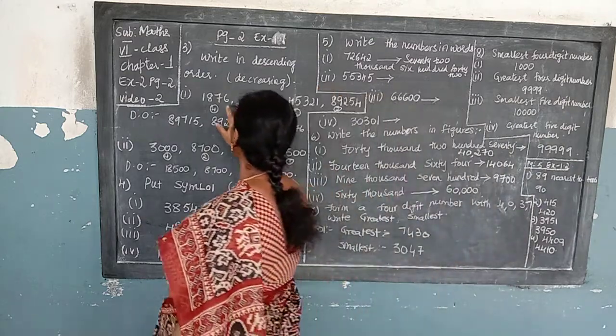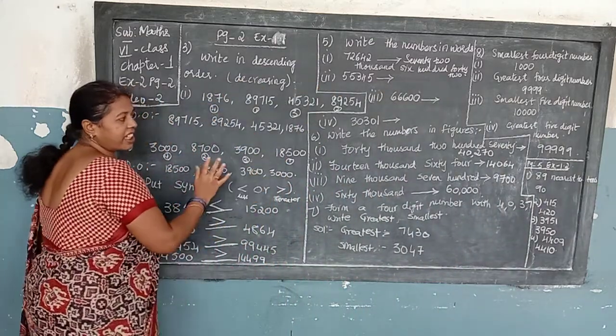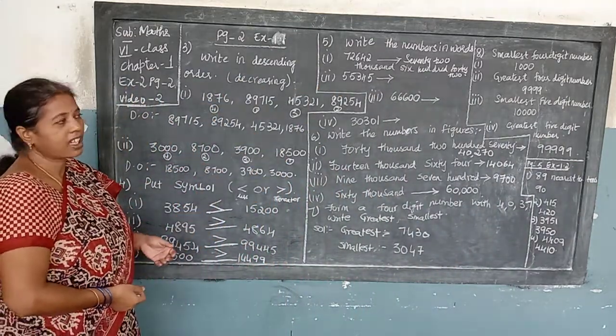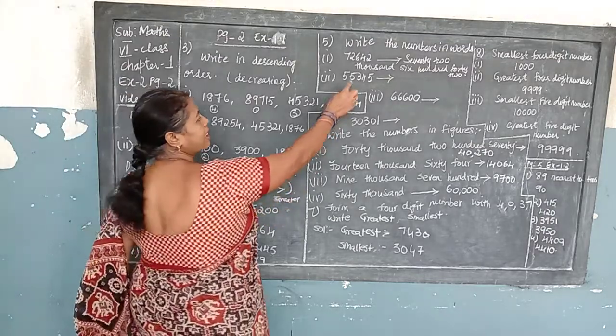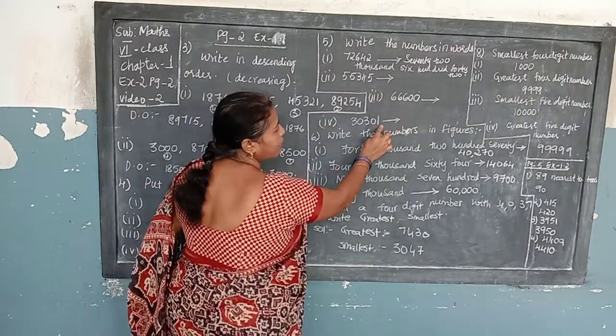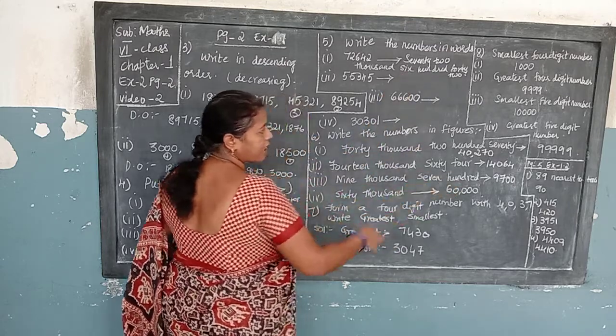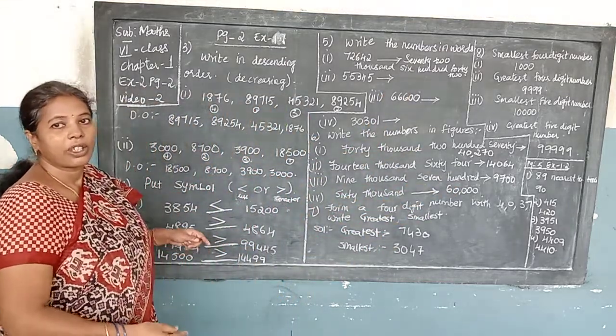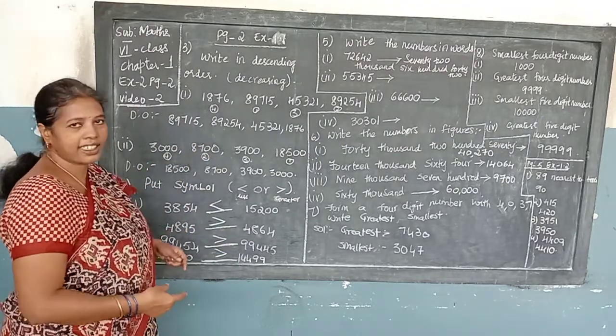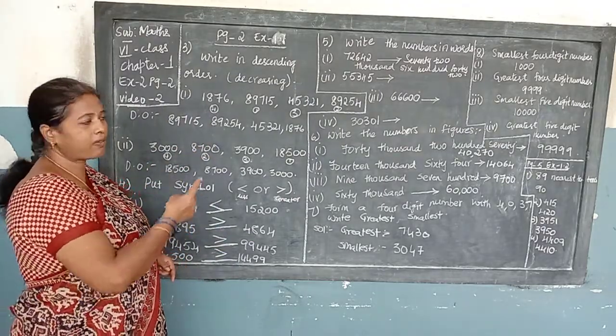Now see, children, this is 6th class exercise, page 2, exercise 1.1. What I'll have you do, children, is that all of you will copy neatly in your class work. And only this and this and this I have not written in words. One I have written for you. All the others I have solved here. And don't draw lines and write as I have written. You should write one below the other.